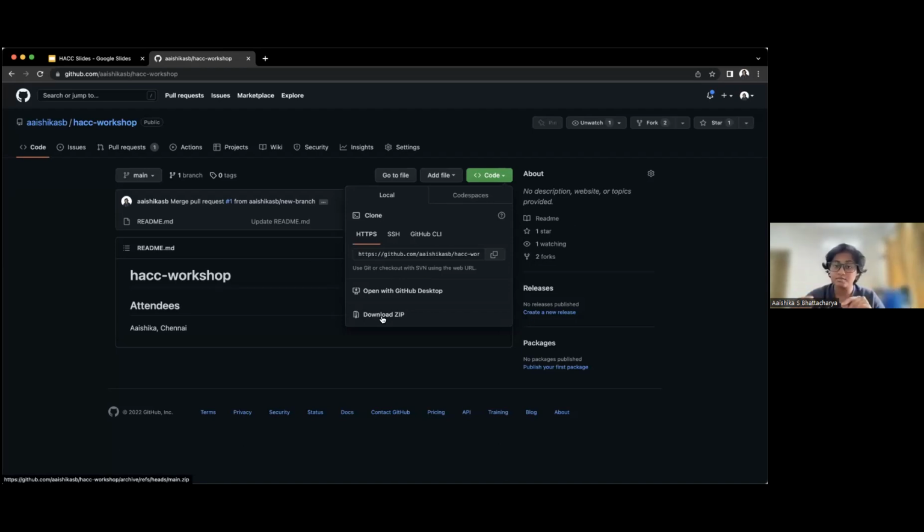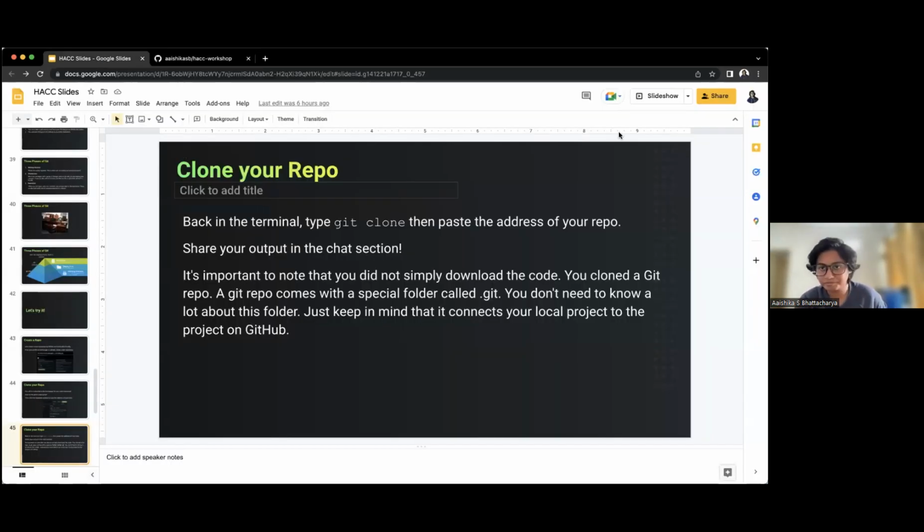When I'm downloading a zip file of the repository, I might not have the .git folder work as expected. So cloning a repository basically ensures that we have the whole history of the project with us. So whenever we contribute, whenever we add anything to it, we add a new version on top of the previous one. So it's easier for us to roll back to the previous version. When you're working with a downloaded zip folder, it might not be as Git friendly.